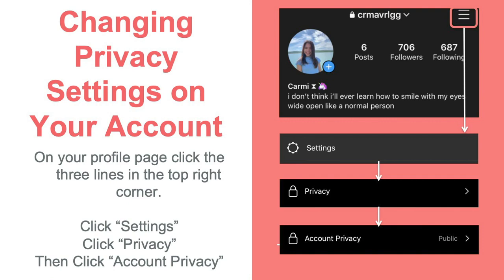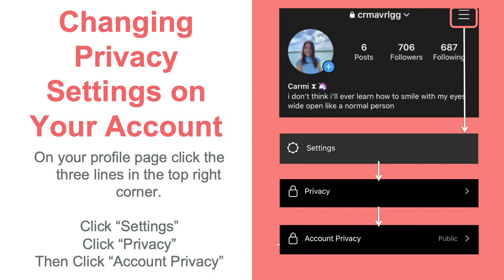So just like Facebook, Instagram has different privacy settings that you can set up. To do that, you would just click the little settings button that you're going to have on your screen, and then you would go to privacy, account privacy, and that's how you can make your account private, so that if you set your account as private, no one can see what's on your page until you allow them to follow you.